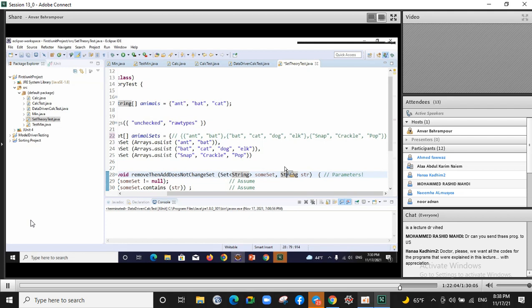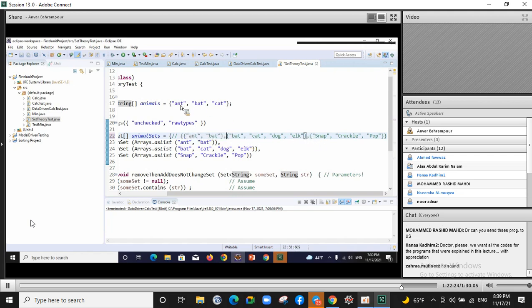Altogether, we have 3 times 3 test cases, because we can call this test method for this first set with any of these strings, and this set with any of these 3 strings, and so for the last set. So we have 9 test cases,